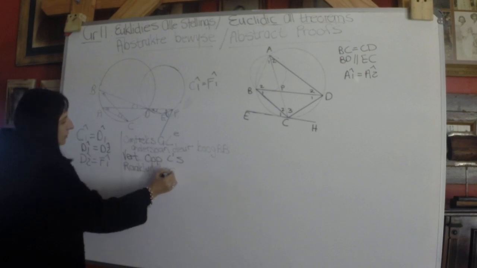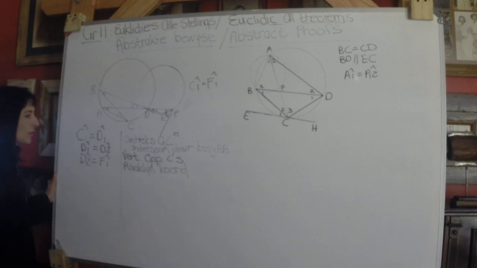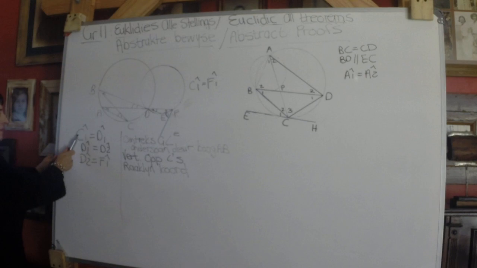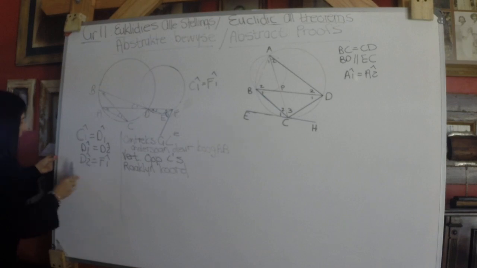Okay, now we've walked the whole path. So now with inductive reasoning we can say, if C1 equals D1, and D1 equals D2, and D2 equals F1,